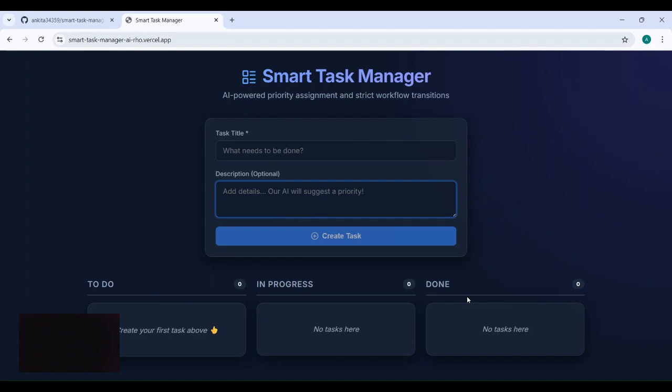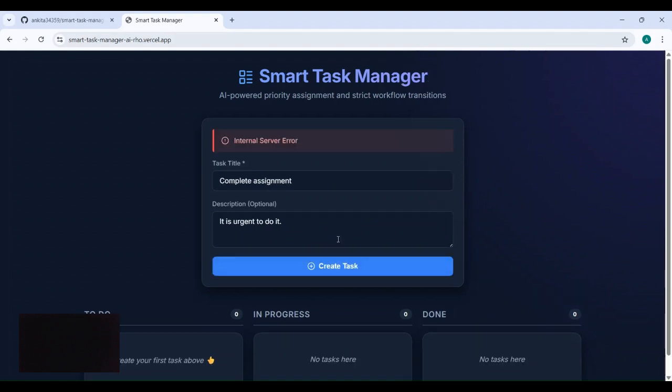So let me demonstrate how it works. Suppose I create a task called complete assignment. This is the title of the task, and in the description I have written that it is urgent to do it. Okay, and then I click on the create task button, and my task is now getting created.